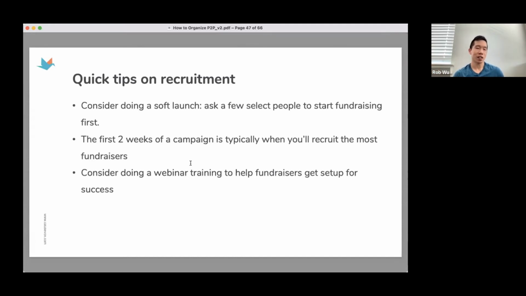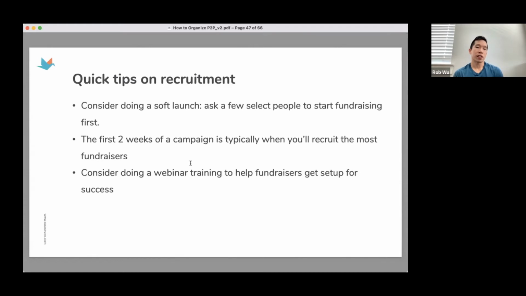So you kind of want to seed it. We call this your quiet phase, where you have a core group of people doing some fundraising. They're posting on social, sending out emails, driving some donations, or you have a few corporate sponsors creating pages for their employees. So you want to seed your campaign with activity before the public launch, so that it looks like you have activity as well as momentum.